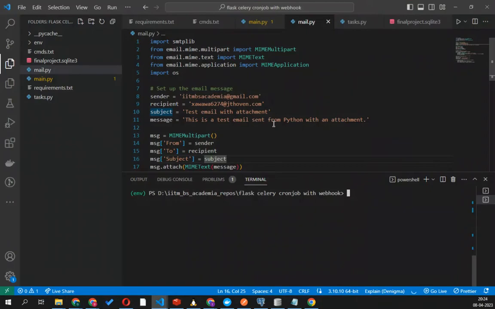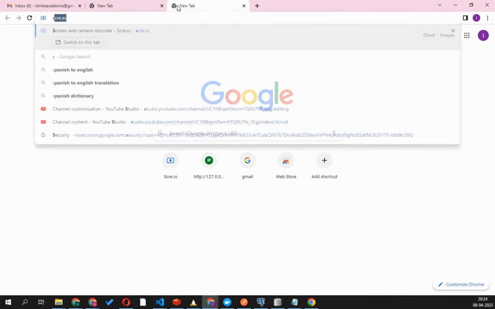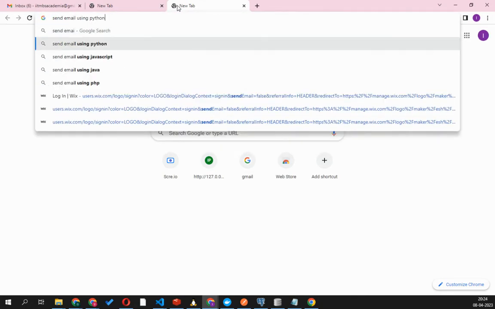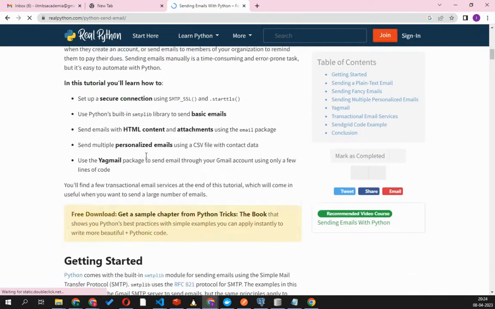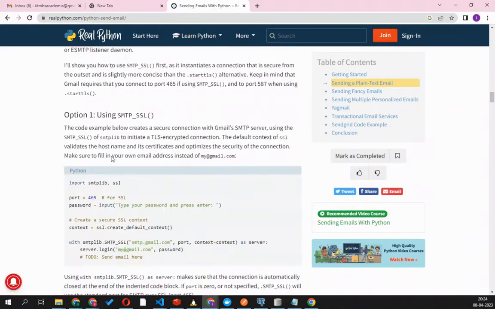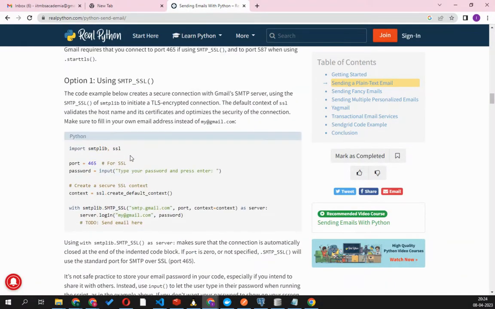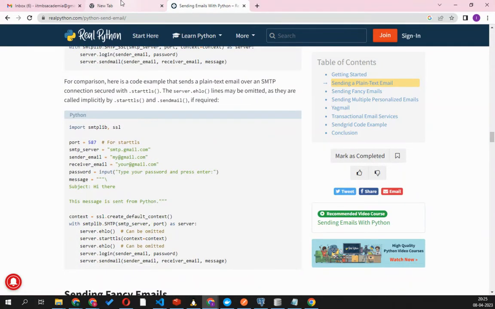So in this video, we are just going to learn how to send emails using Python from a Gmail account. When you look at most of the blogs on sending email with Python, mostly they will say username and password, right? Using SMTP, they have this. Most of the time you will see that